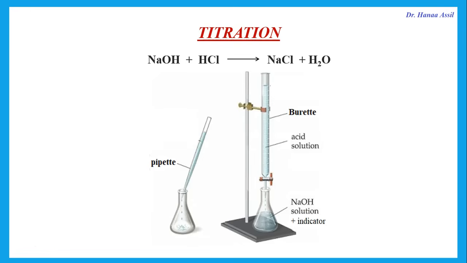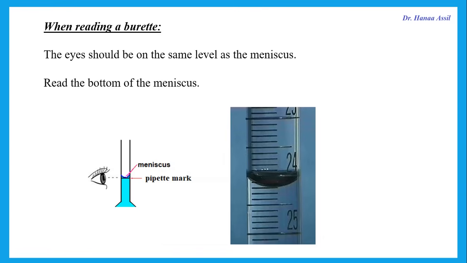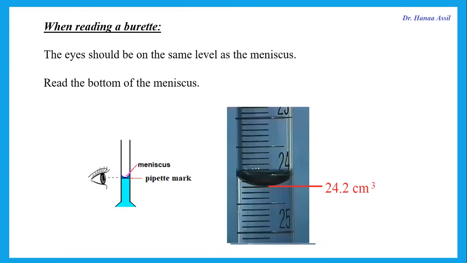How do we do titration? You should know we put a specific amount of the base, for example, into a flask using a pipette, and then we add acid from a burette until the color of the indicator changes. Now, you should realize, first of all, when we read a burette, the eyes should be on the same level as the meniscus, and we read the bottom of the meniscus. So this one, for example, is